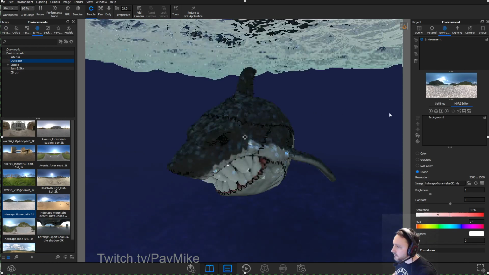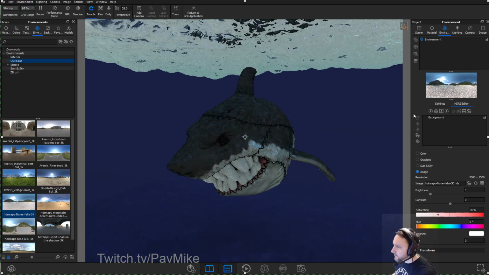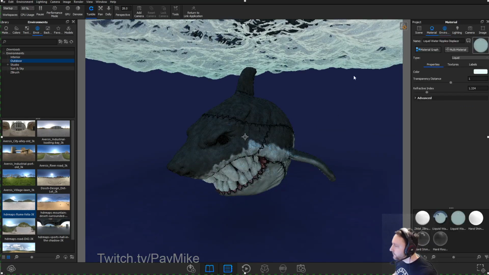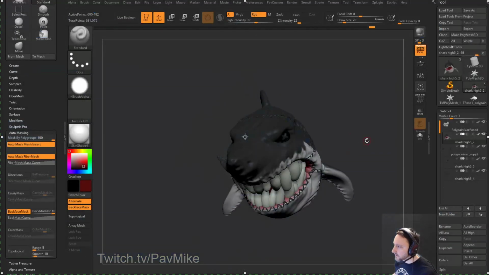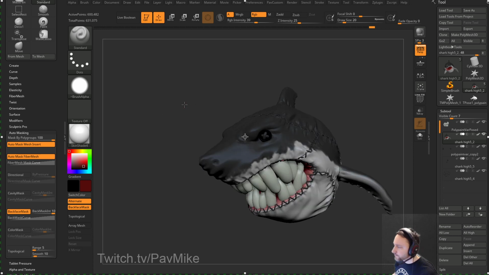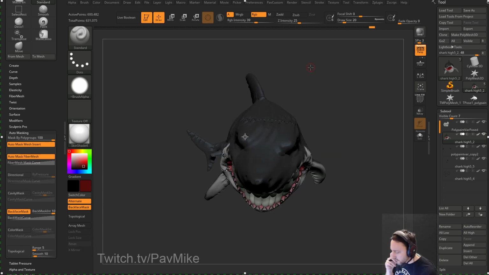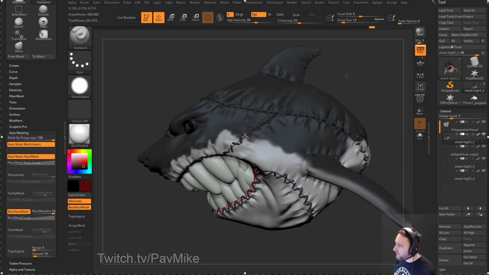See if anything strikes my fancy here. Yeah, that seems like the sun and sky gave us the best results. But now we're in ZBrush here, and what we're going to do is, oh yeah, so on here, when